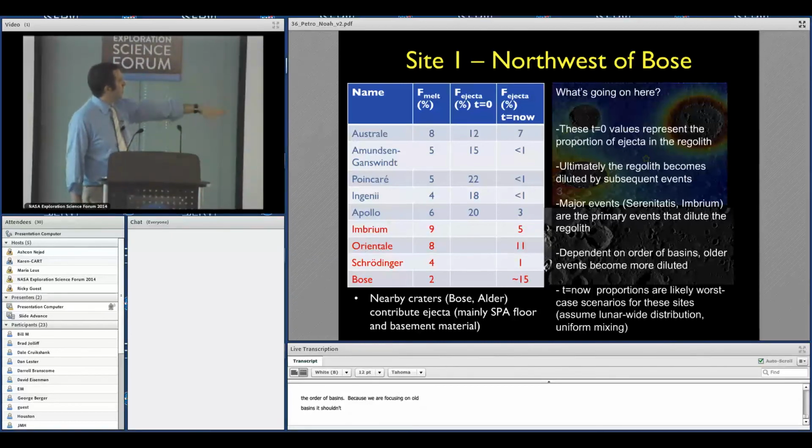However, this time now, I describe it as being the worst case scenarios. I'm not sure worst case, it describes a little bit too much of a concern. These are certainly the most destructive cases. And so this is likely a lower limit, and so hopefully it doesn't scare anyone away from the thought that perhaps some of this material actually is surviving in the regolith. However, I do want to remind you that the fraction of melt in these ejecta deposits is incredibly small. So we're not talking about a large proportion